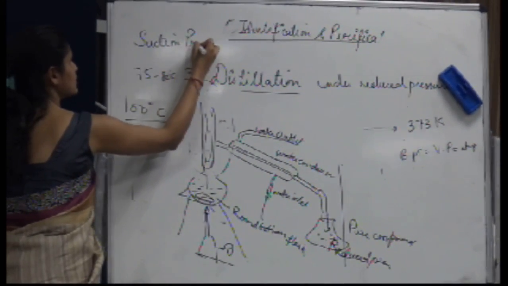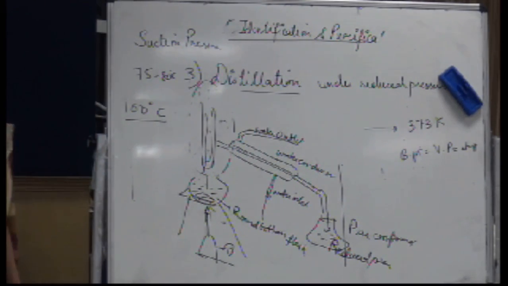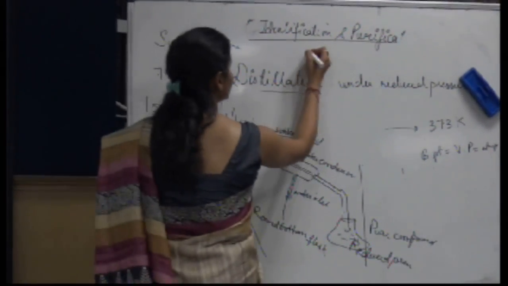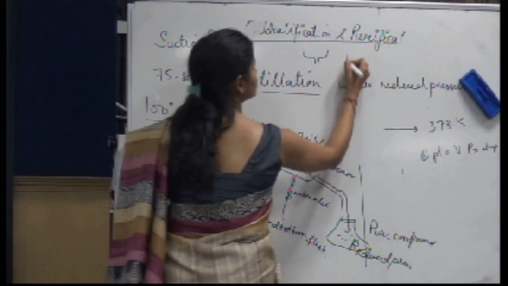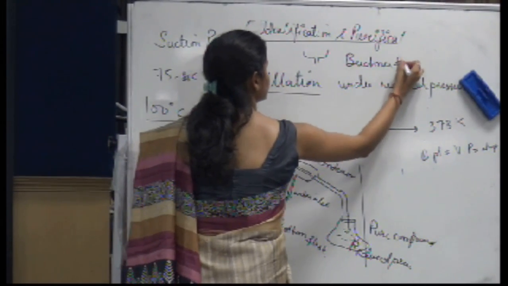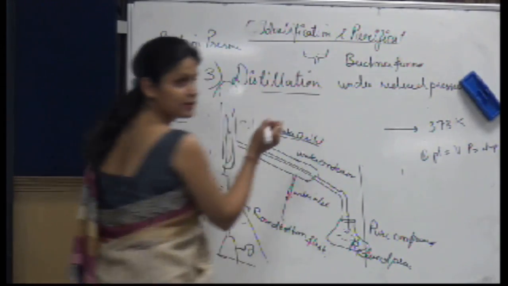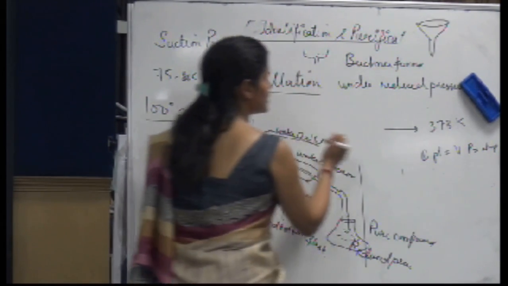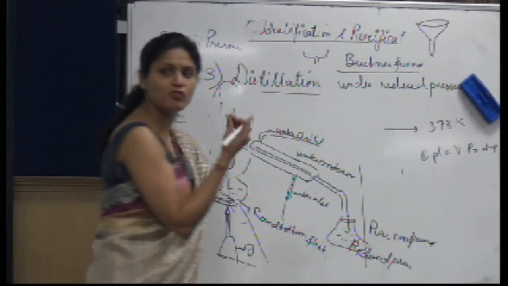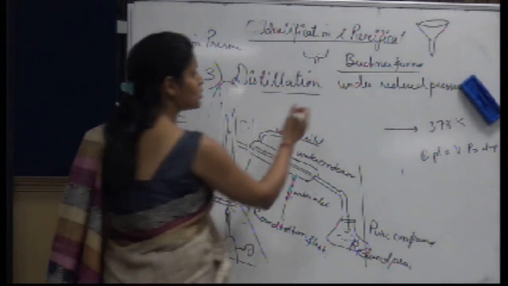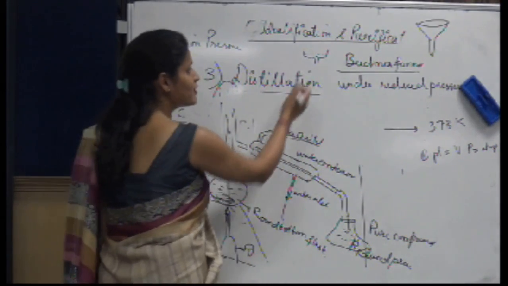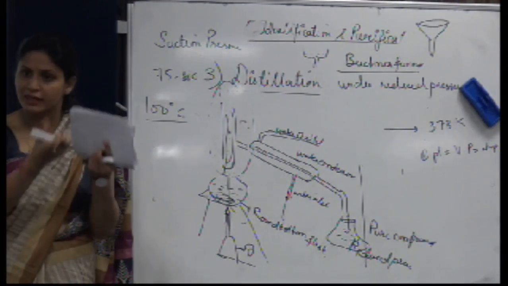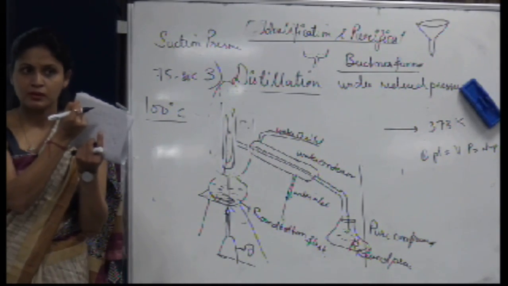सक्शन प्रेशर, ठीक है। बहुत बार ऐसा होता है कि फिल्ट्रेशन जब आप करते हो तो filtration is very slow. In that case आपको क्या चाहिए होता है, एक आप use करते हो एक Buchner funnel, ठीक है। It is perforated. आपके पास जो usual funnel होता है वो क्या होता है, ग्लास का होता है, यही होता है ना, ठीक है। लेकिन जहाँ पर फिल्ट्रेशन बहुत स्लो है, स्लो फिल्टर हो रहा है, तो उसके केस में आप normal funnel use ना करके you use Buchner funnel, ठीक है। बूकनर फनल को use करने के लिए क्या फंडा है कि आपको साथ में एक प्रेशर अप्लाई करना पड़ेगा, यानी आप उसका प्रेशर जहाँ पर वो चीज़ आ रही है वहाँ से खींच रहे हो, सक्शन अप्लाई कर रहे हो, ठीक है।